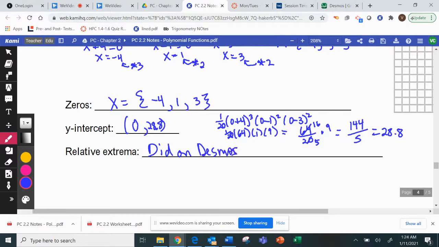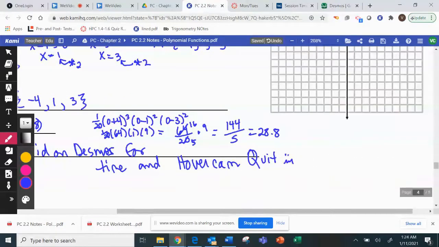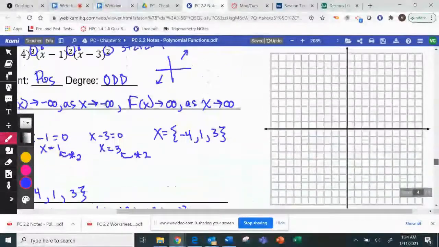So I just did this on Desmos for time, and hovercam quit. Okay, so then you would go and you would graph it, and I'm not going to go over the examples